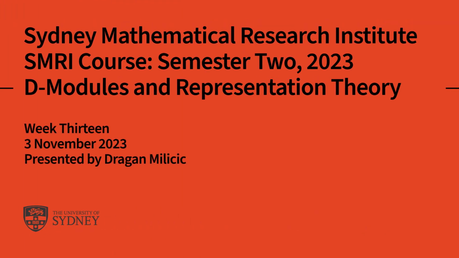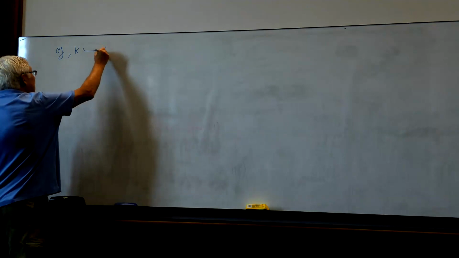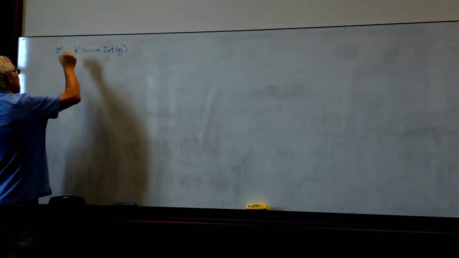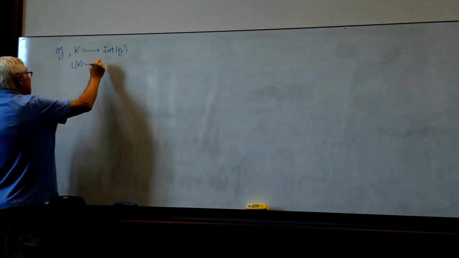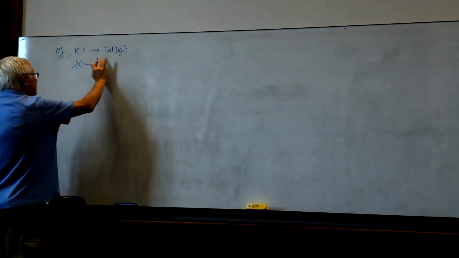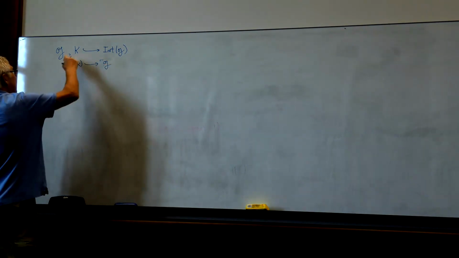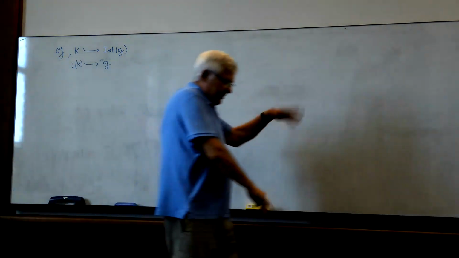Okay, so the first thing I want to deal with is the question of this. Remember, when we defined Harish-Chandra pair, there was a semi-simple Lie algebra G, and there was an algebraic group K with a morphism into G with differential which is injective. So this is just G. So K can be a cover of its image in G.